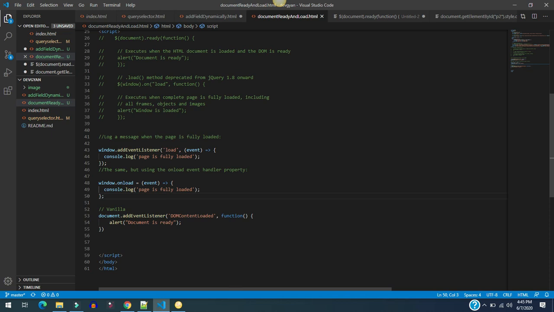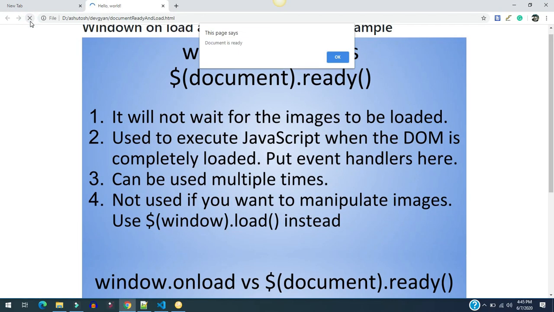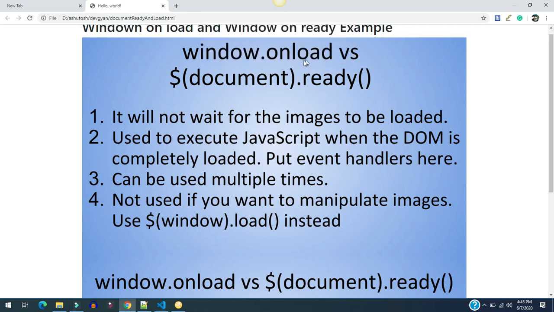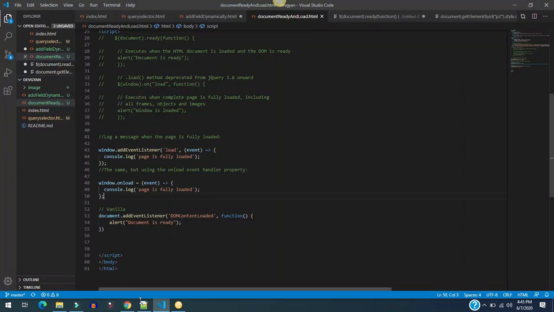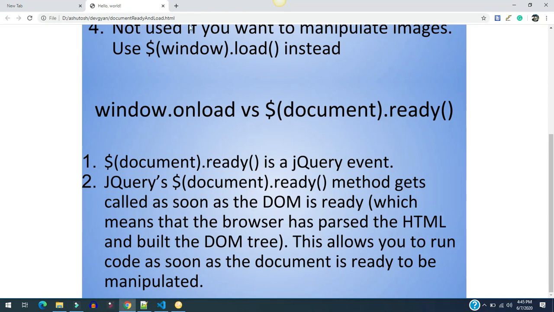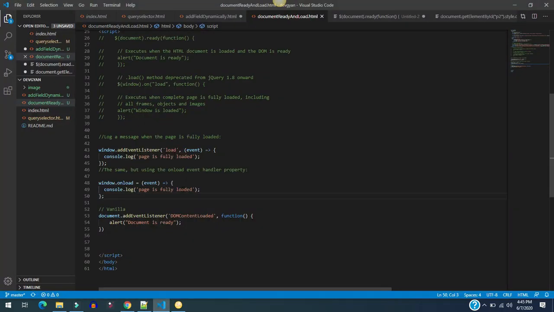Now let's try once again. Here the document is ready, and okay, as you can see it is only fired one time because we have used console.log here. So we need to move it to alert. Otherwise I can also do only console.log.